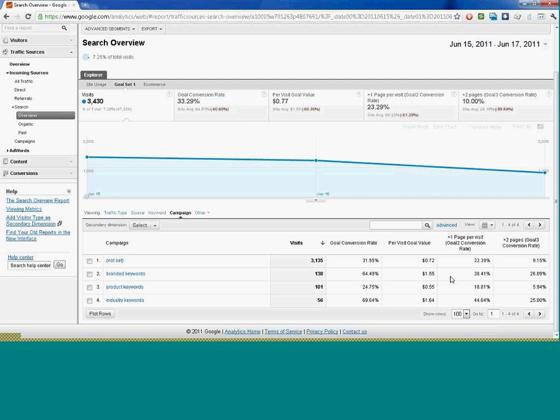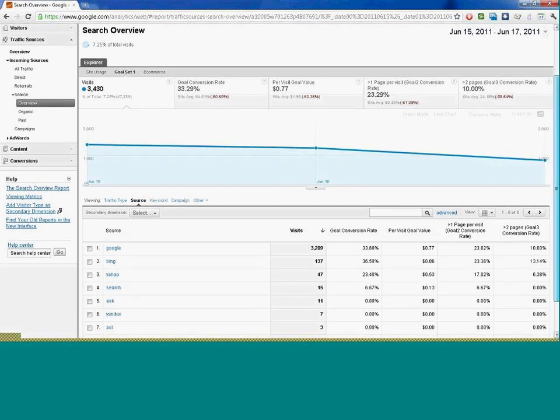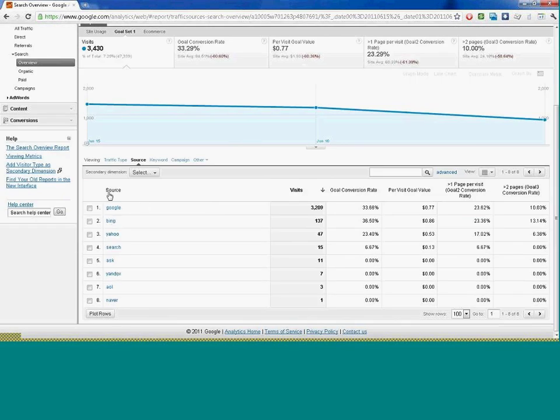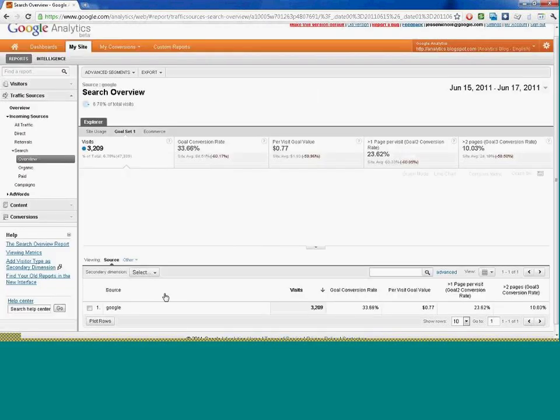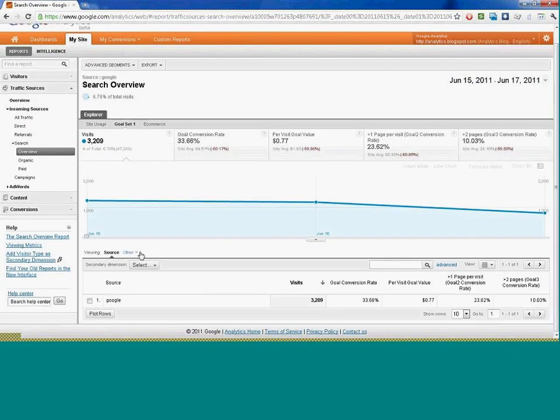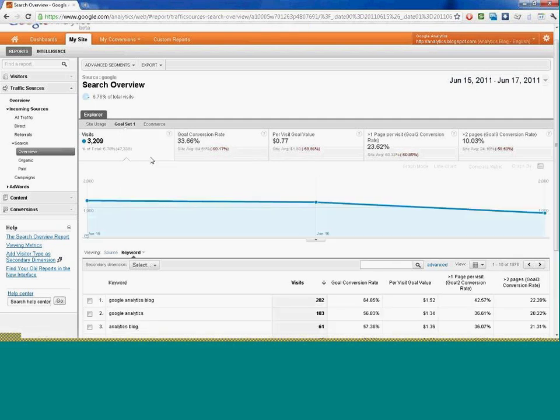There you'll want to start pivoting or drilling into key segments within these different lists of dimensions. So it might be that you say, well, it's good to know how much Google is sending, but what I really want to know is more about the Google traffic. So if you drill into Google, as we talked about last time, start using the advanced complex dimension selection tool. So right now we're just looking at Google search, not all search, but just Google search, although it is paid and organic. If we just want to know Google search keywords,